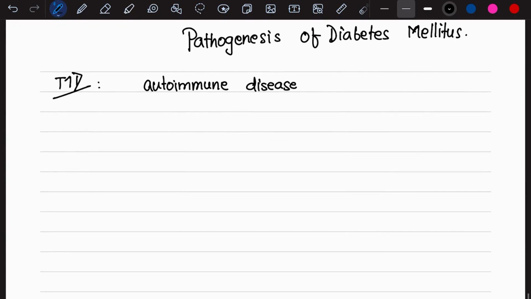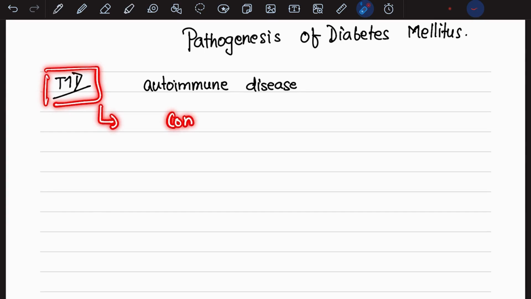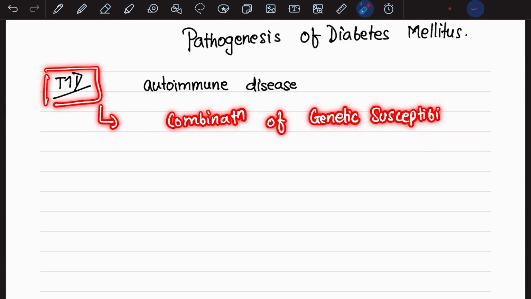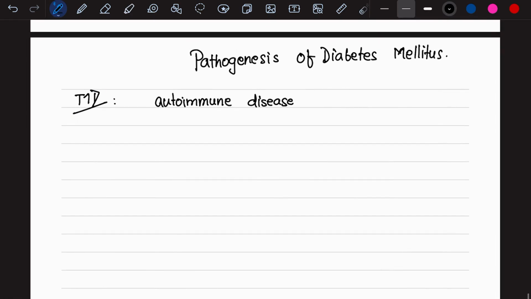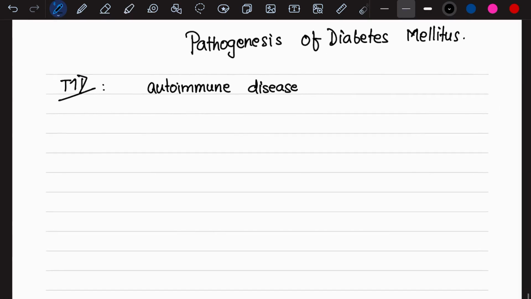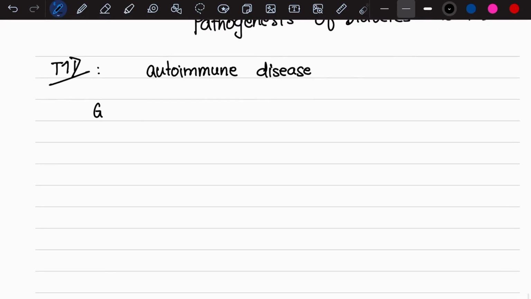So basically, type 1 diabetes is caused by the combination of genetic susceptibility and the environmental factor. Type 1 diabetes is caused by the combination of genetic and environmental factors. If we talk about the genetic susceptibility,